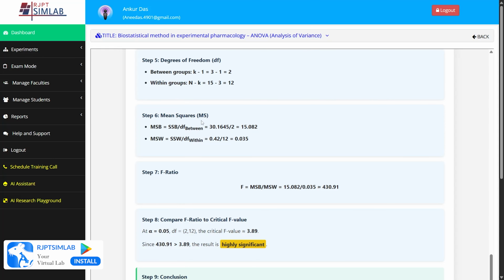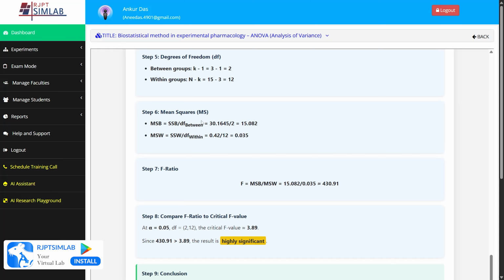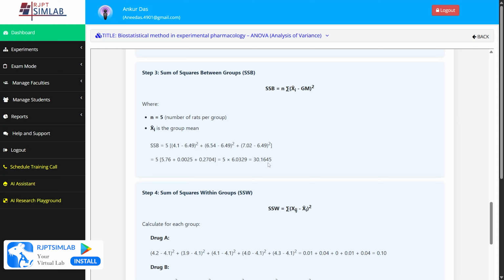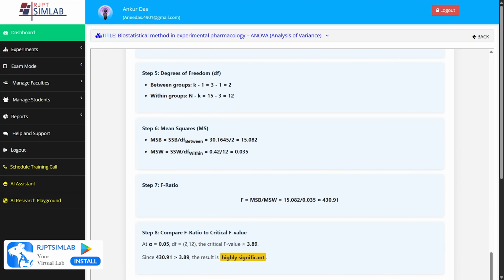And when we calculate the mean square value, we again have two types: the mean square value between the groups and the mean square value within the groups. The formula for the mean square value between the groups is SSB divided by the degree of freedom between the groups. SSB is 30.1645, and the degree of freedom between the groups is 2. So 30.1645 divided by 2,